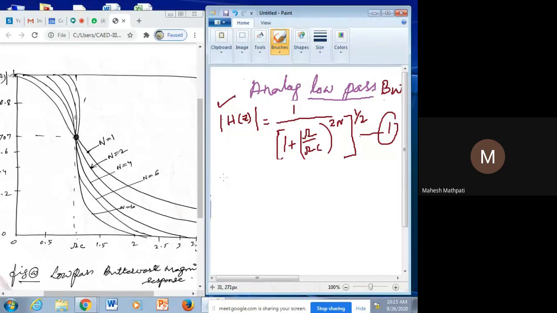Okay, the first point, magnitude H of j0,